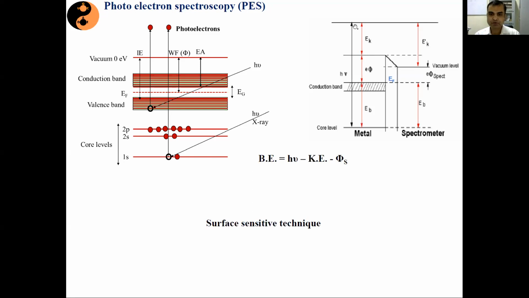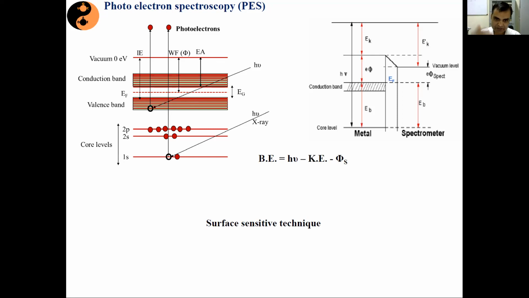So what it allows us to probe is, number one, the different elements present in a given material. Number two, it also allows us to probe the charge state of the element in the given compound. Number three, if we shine our incident photon in such a way, it allows us to probe the valence band electrons also, because the valence band electrons have a much lower binding energy as compared to their core electrons. So one can also probe the valence band electrons coming out from this system.